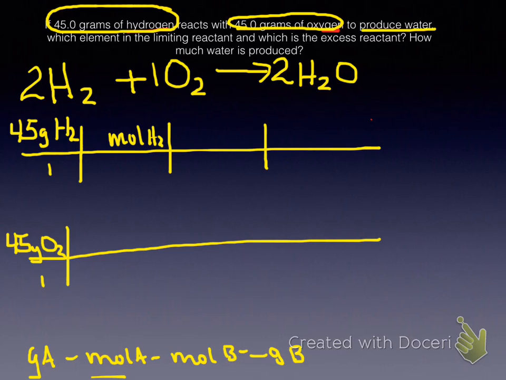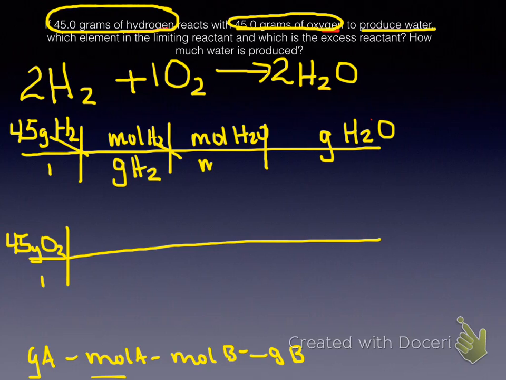Next is moles of B. That's what we're producing, so moles of water. And finally, grams of B, so grams of water. Now we just bring everything down diagonally. So we've got grams of H2, moles of H2,